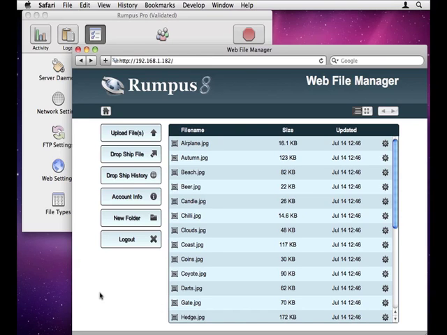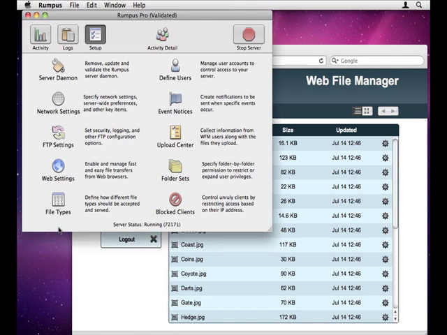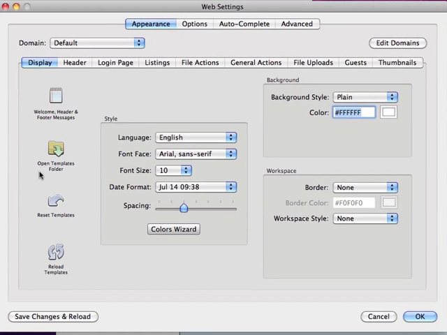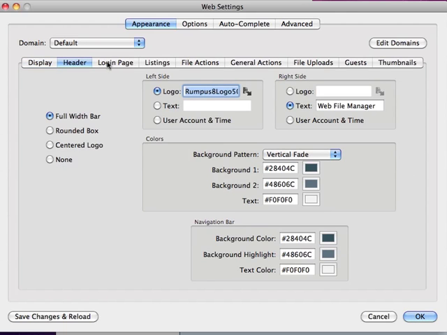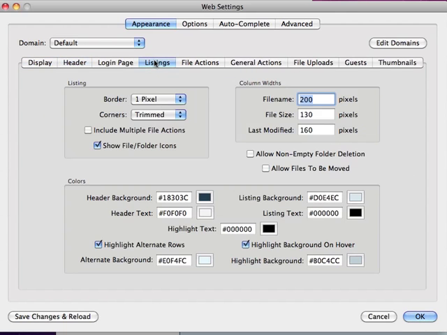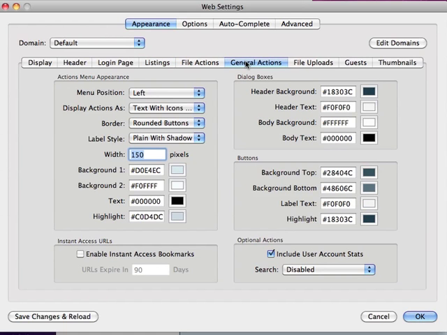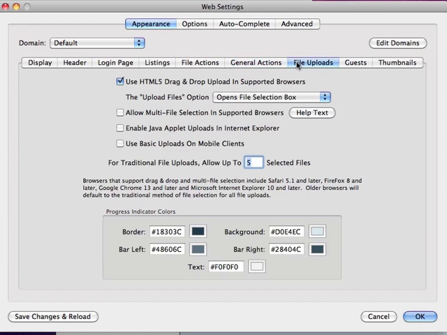In Rumpus 8, we've greatly expanded the number of display choices system administrators have when setting up the web interface. In previous versions, for example, 8 color choices defined the entire web color palette of the site. But in Rumpus 8, there are over 40 individually selectable color settings. While it's nice to have that level of flexibility, adjusting all those colors at the start is virtually impossible, so